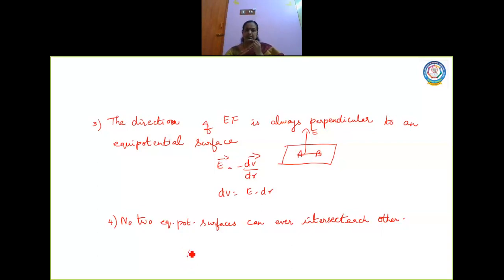Now let us consider a surface here. What is the electric field with respect to this surface? As we discussed, electric field is always normal. So let us consider the surface to be A1, with electric field E1. Now I am going to consider one more surface like this. What will be the electric field due to this? It will be E2. This is surface A2.